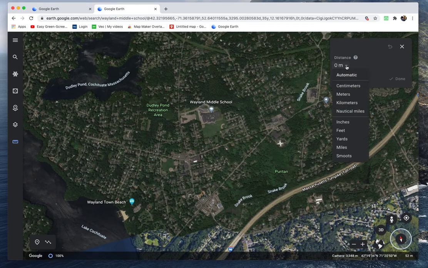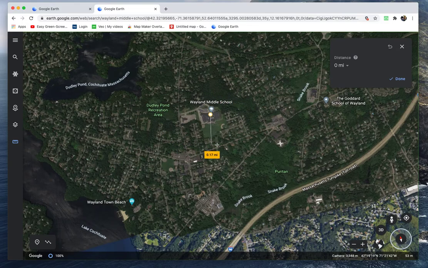I can change it to any measurement that I want. I'm going to use miles. And then if I click once, my headquarters will be Wayland Middle School. So I'm going to click one time. Now I actually have a line. It's like you have a nail there on the ground and you can move it any